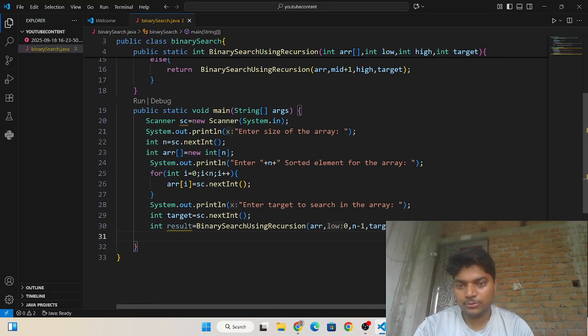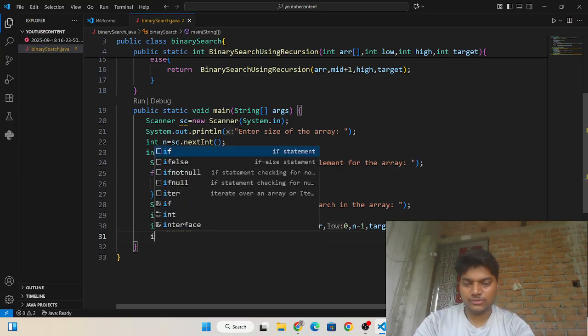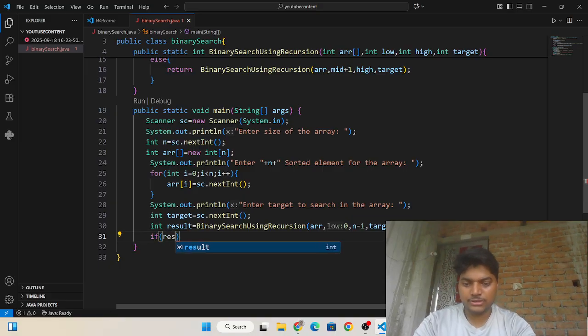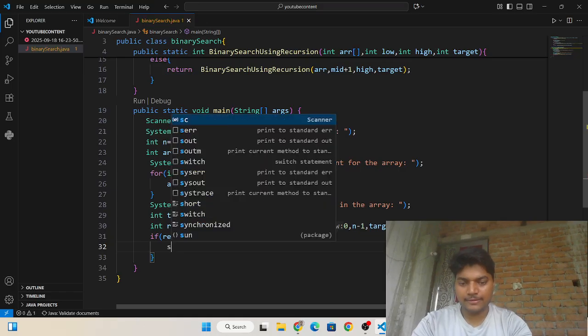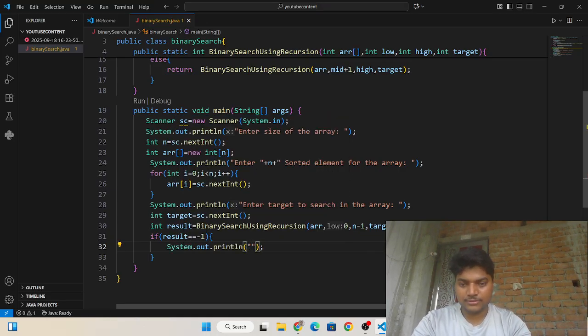So I am going to write an if condition. If result is equal to minus 1, then you need to return: target not found in the array.